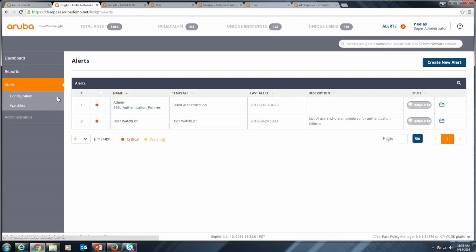Okay. So the next thing is the alerting piece, and obviously if it's an analytics platform, it's not complete without the alerting aspect of it, where with all the data that you have, you should be able to alert if something goes wrong, right? I have all these devices connecting to a network, and you asked me about failed authentication. You can proactively set a threshold which says, if my failed authentication exceeds a certain limit, let me know, as an IT admin. And we've in fact simplified even this as much as possible, and I'll show you very quickly how easy it is to